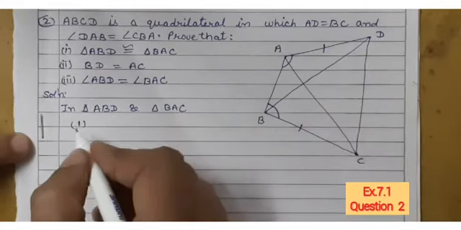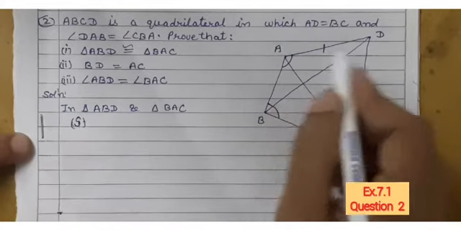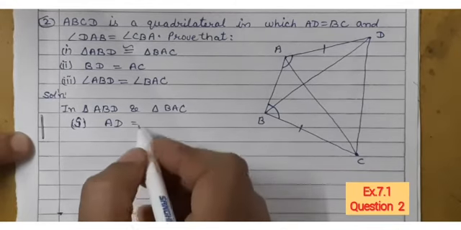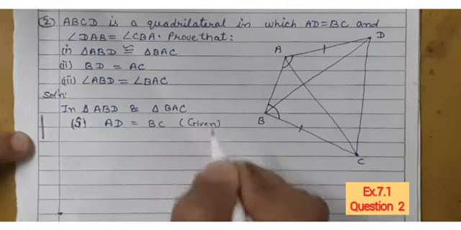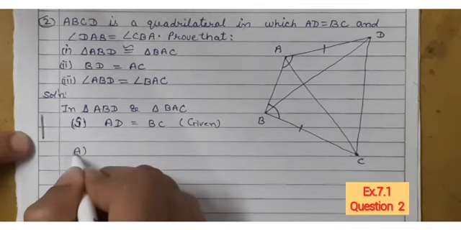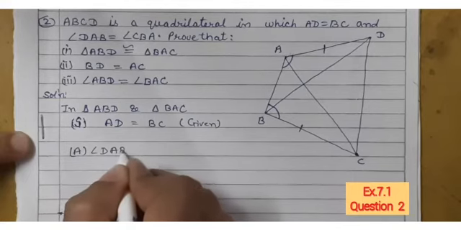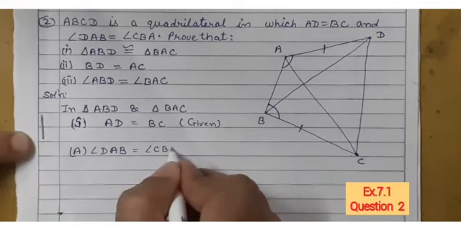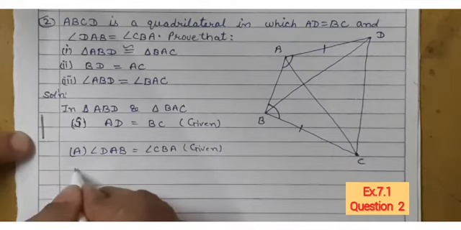Okay. Now I am going to take first thing. I am taking side. This is the side I am taking. Which side? AD. AD from this side, and here is BC, because AD equal to BC and it is given to you. This is side. And angle I am taking DAB. Angle DAB is equal to angle CBA. It is also given to you in question. It is very easy to do. You have to find the third thing only.